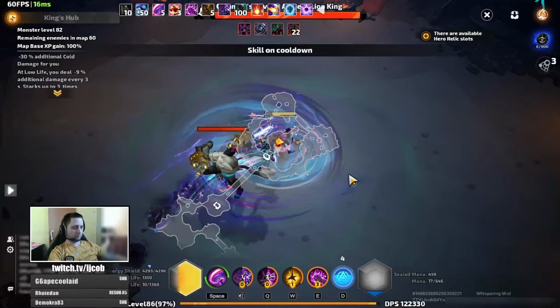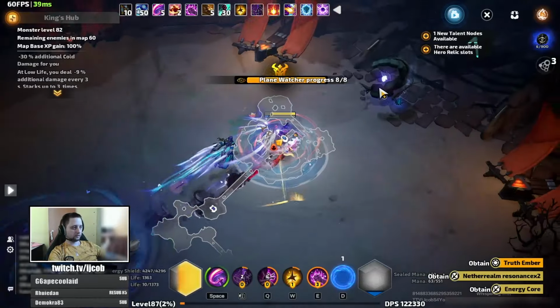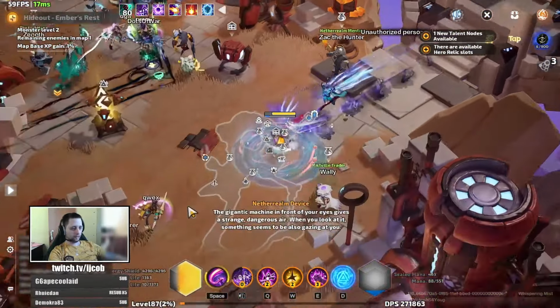And then you just run through maps as fast as possible. Kill boss, rinse and repeat, sell invitations from watchers, and that's it. So that's Time Mark 7. For Time Mark 8,